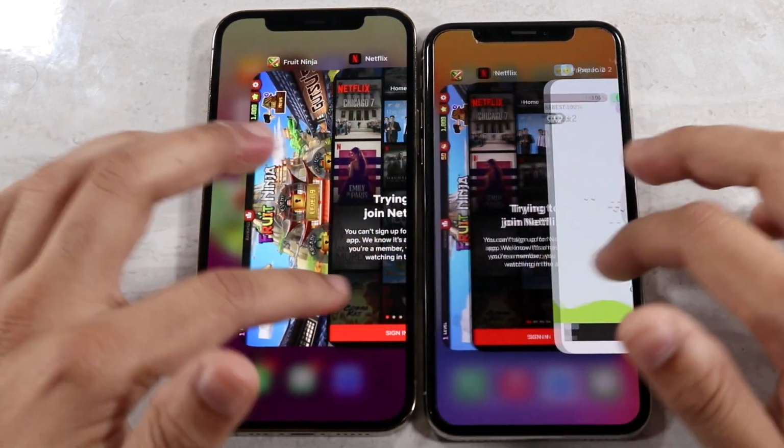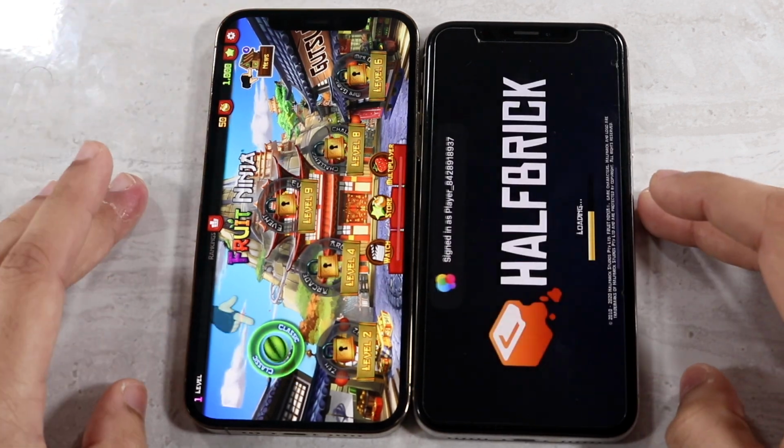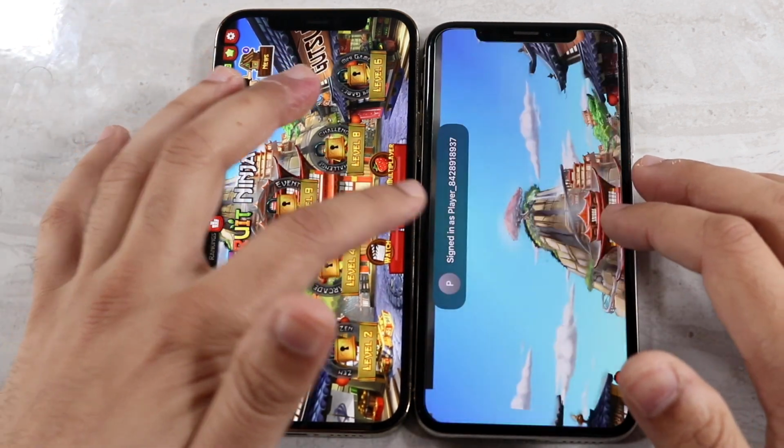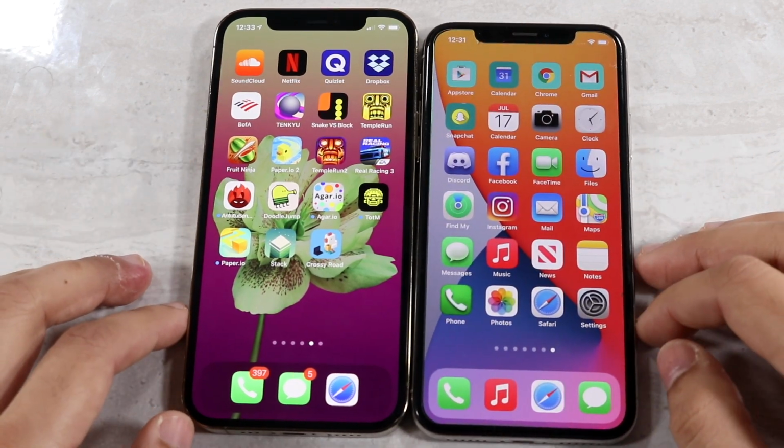So definitely if you're going from the iPhone 10 to the iPhone 12 Pro, you're going to be getting better speed performance for sure. And you're also going to be getting better RAM management than the iPhone 10, which is a really cool thing too. So in terms of that, that pretty much covers it up. Let's go ahead on the